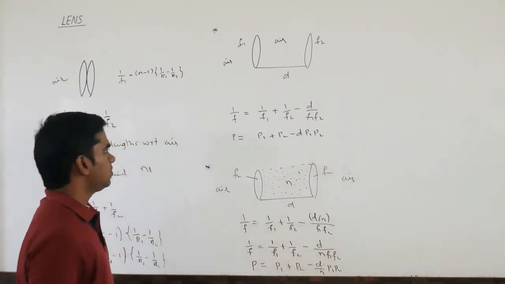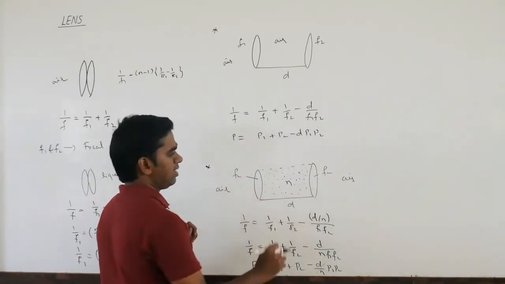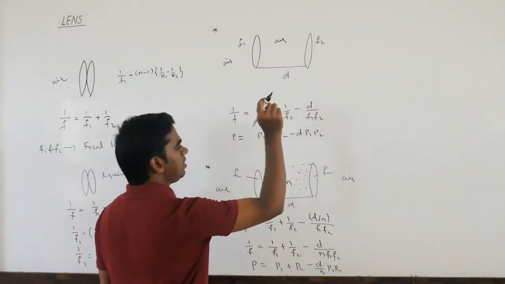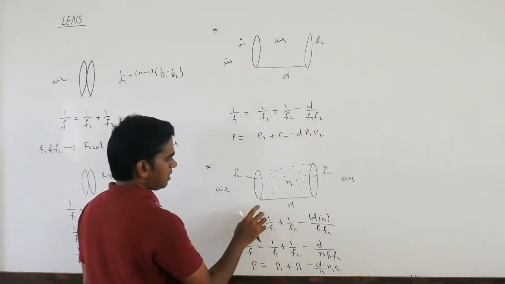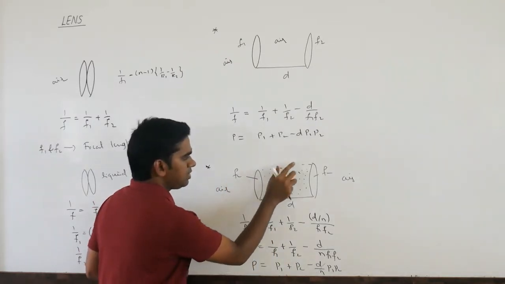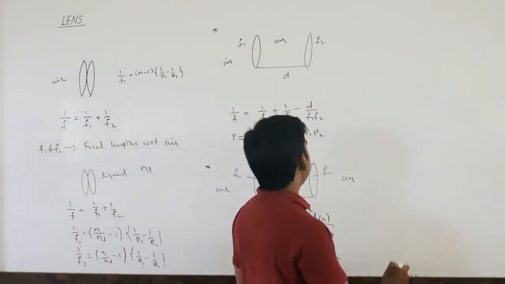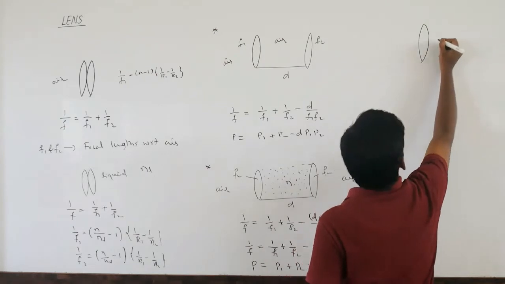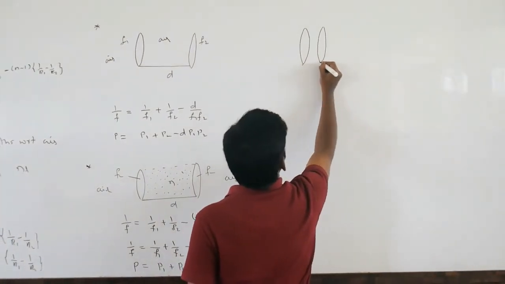So this is the case when the distance is large. Again remember, this d is very important. They may ask a question on d also, which we will discuss later. So before that, here d is large. Suppose d is small, then the in-between medium will also become a lens, that is a concave lens. Suppose the situation is something like this, the lenses are so close to each other. So d is very small.